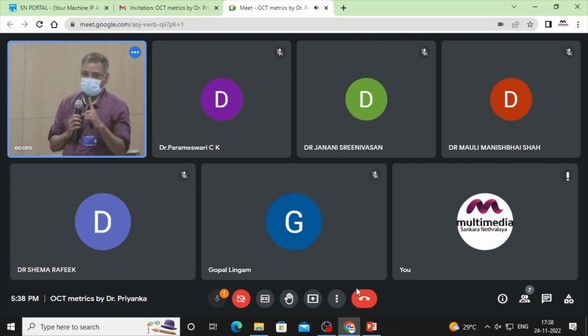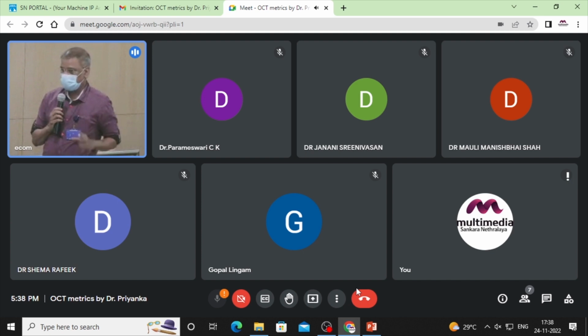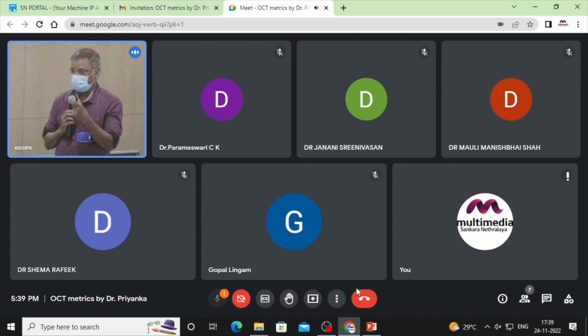Maybe one point worth mentioning: all the OCTs have something called an assumed axial length. Generally, it is something like 23.8 or 23.9. That is the assumed axial length, and they give one standard deviation tolerance. So for anything beyond that or shorter, obviously this magnification correction is required, especially when it comes to our